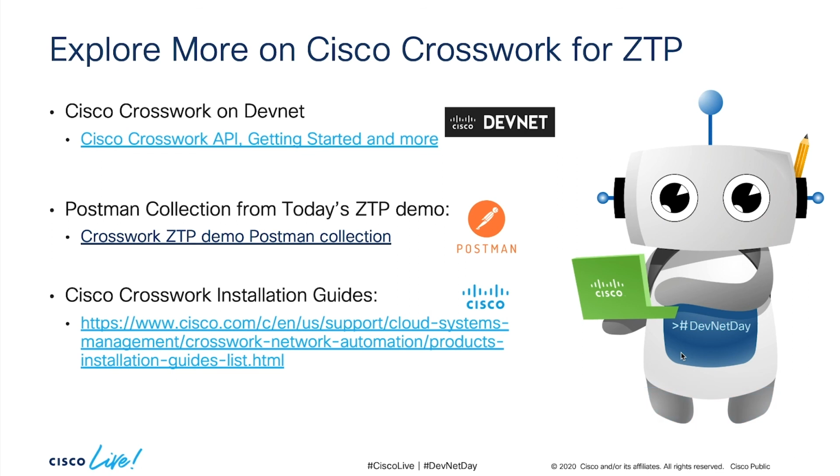And of course, the Postman collection that I mentioned earlier. This Postman collection has all of the information related to the APIs that I'm using as part of the demo. This would be very useful for you to get started and look at how these API calls are made, and then use that to create your own code and your own automation workflows. And that's pretty much it for this session.